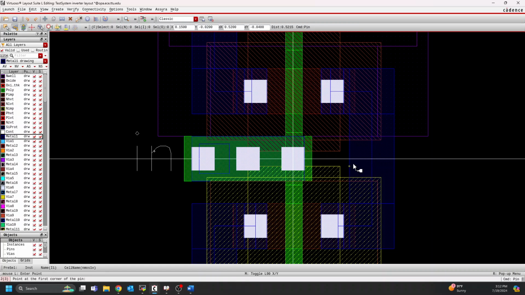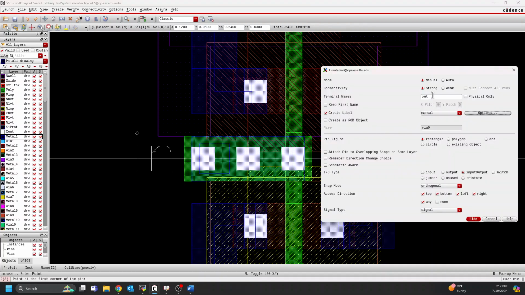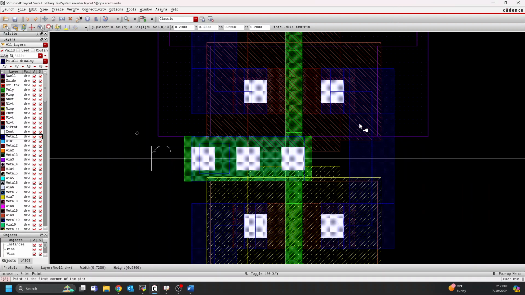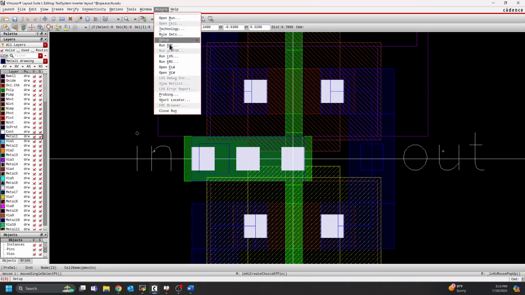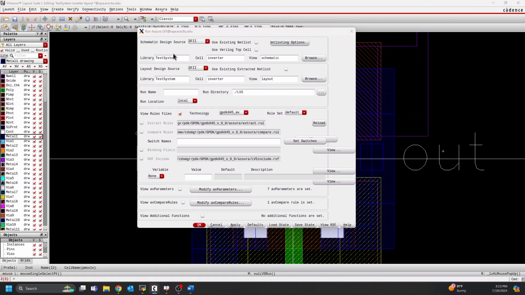So we can do the same thing for the output over here. If we take a look at our menu, our in has disappeared, our out's the next one we're going to do. So we can do our output right over here. It's right here. And then we can place an out label right here. Okay, so now we have our pins defined, and if we run LVS one more time,